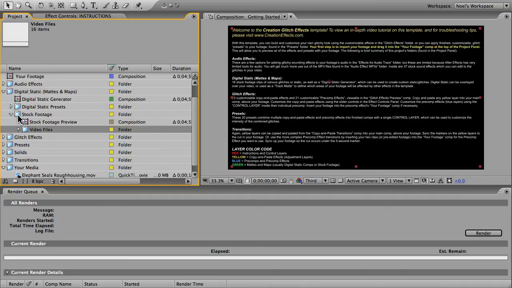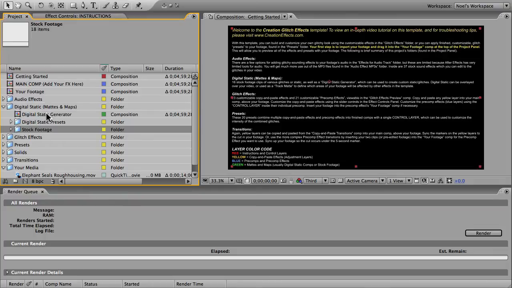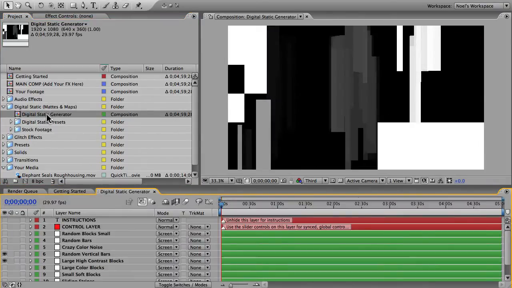So you can use these however you want. You can edit them into your footage or composite them over your footage, or do like I did throughout the template and use them as track mats for your effects. I'll close that, and right above it you'll see a comp that says Digital Static Generator, and inside, if we